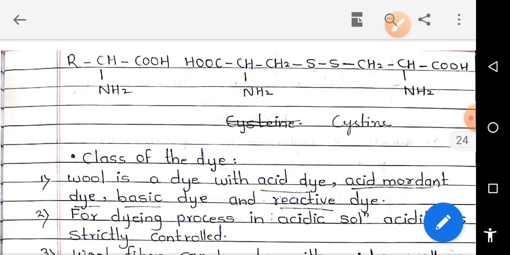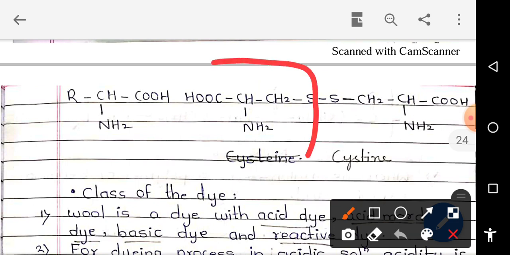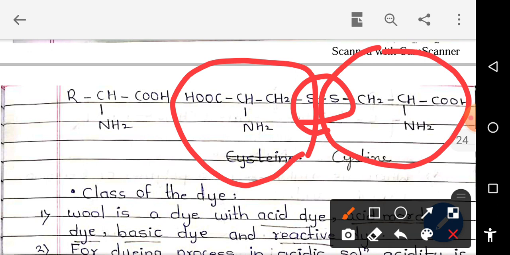R-CH-NS2-COOH. For example, cysteine, cystine, having the sulfur atoms. One of the amino acids containing the cysteine is the structure of cysteines, and it forms the polypeptide chain. Two molecules of sulfur attached means this is one cysteine, and it is another cysteine. Two cysteine atoms are attached by this bond, that is the sulfur bond linkage, and another